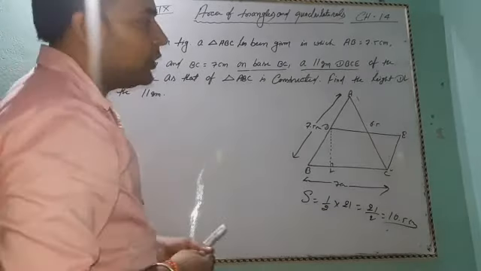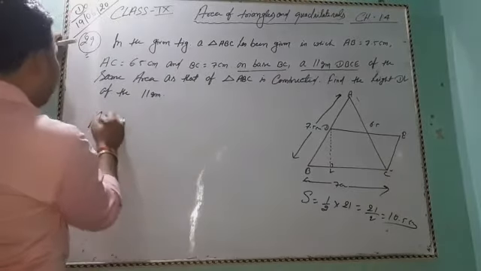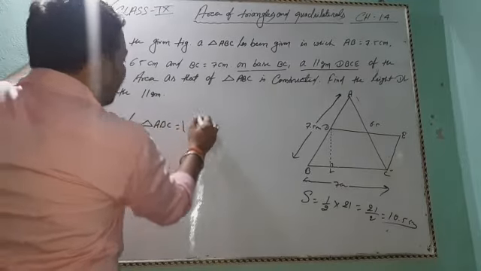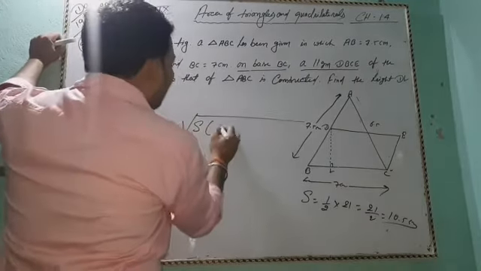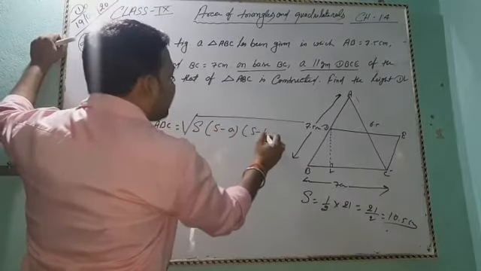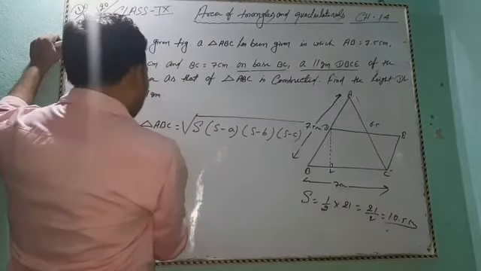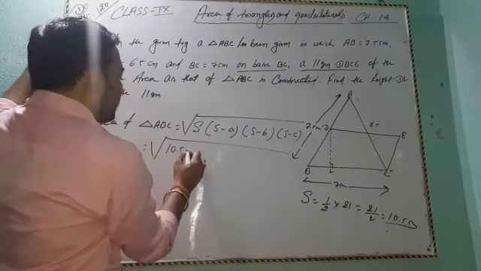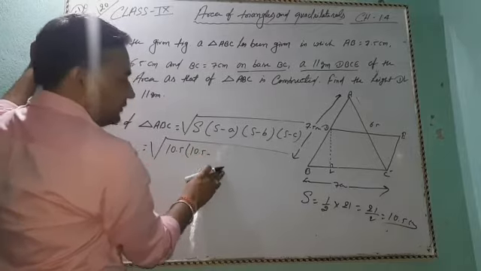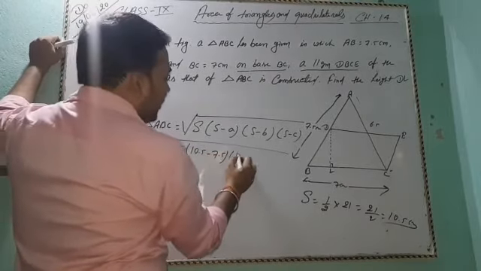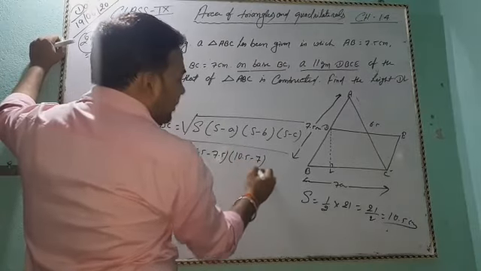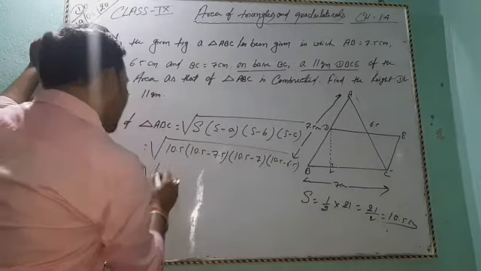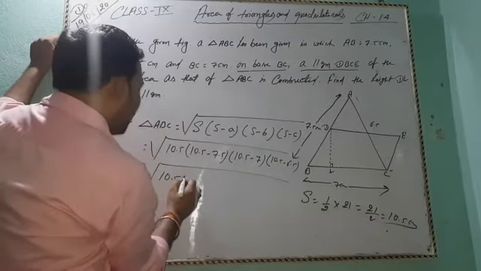Now by using Heron's formula, area of triangle ABC equals root under s into s minus a, s minus b, and s minus c. So root under 10.5 into 10.5 minus 7.5, 10.5 minus 7, and 10.5 minus 6.5. So this implies root under 10.5 multiplied